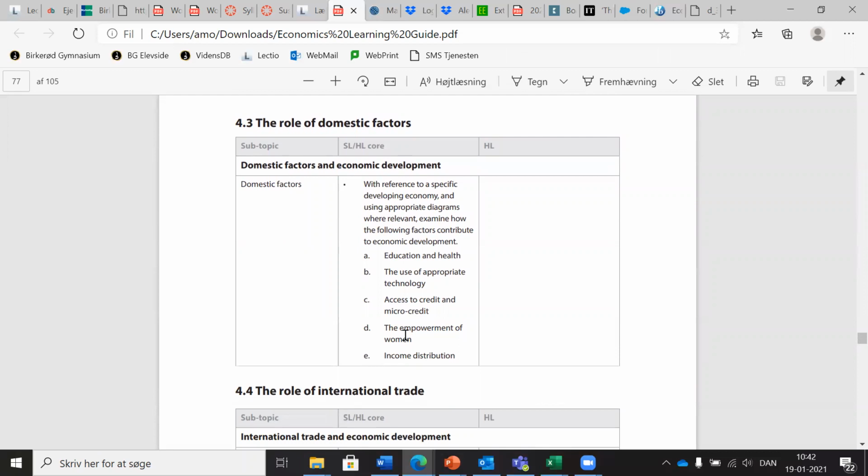4.3 is very, very clear. What can an economy do themselves? What can a society do to ensure their development? What should they have in place? Some of the most important factors